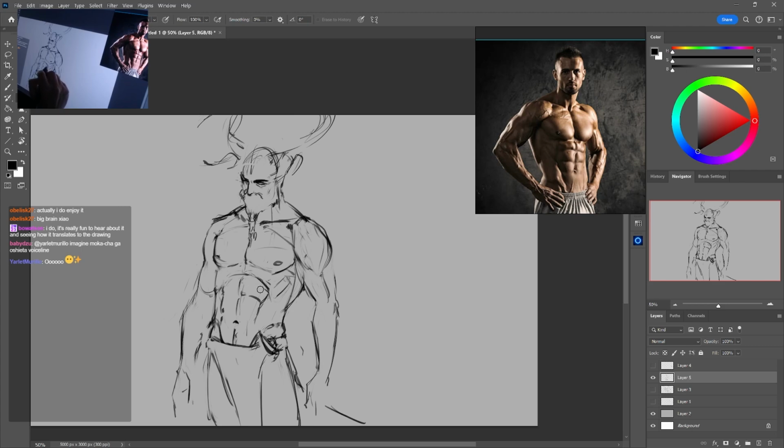I don't remember. So we're gonna put in the bicep now, and this is the bicep.